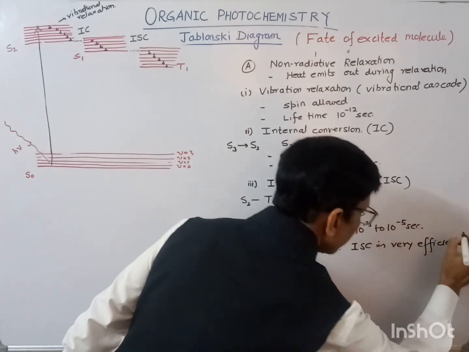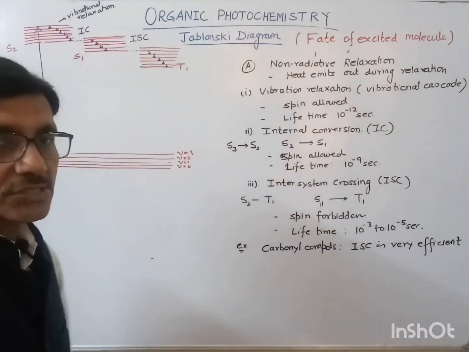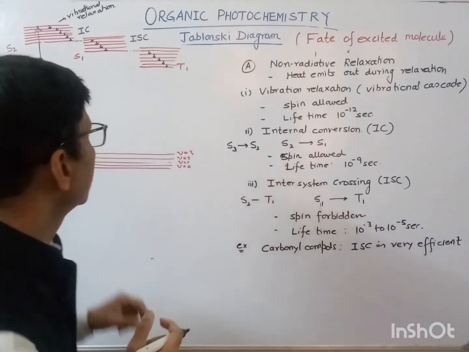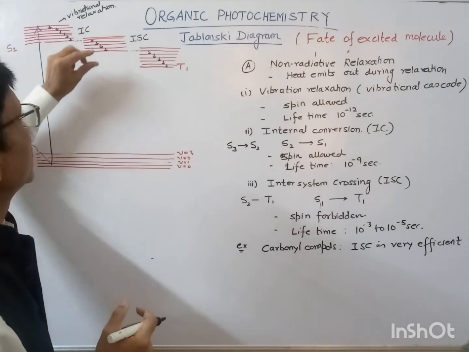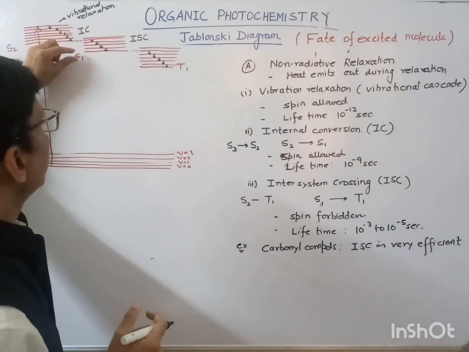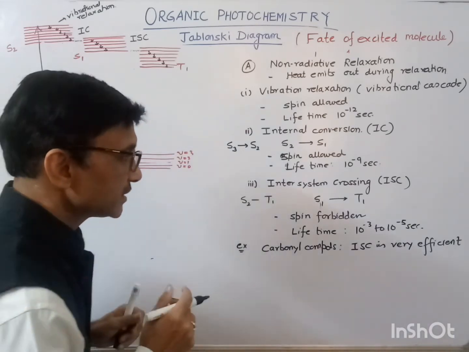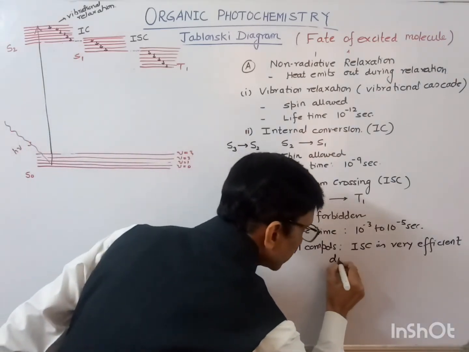Means it occurs very rapidly. And why is this intersystem crossing very efficient? Because in carbonyl compounds, the energy gap between S1 and T1 is very small. So this is due to the small energy gap